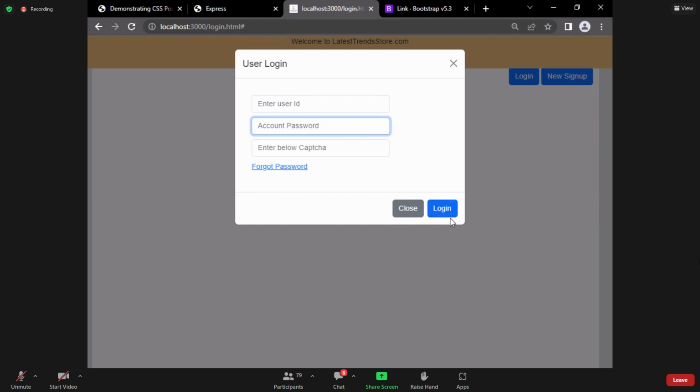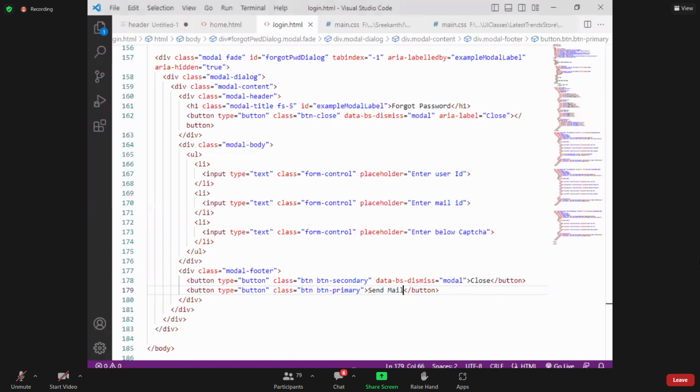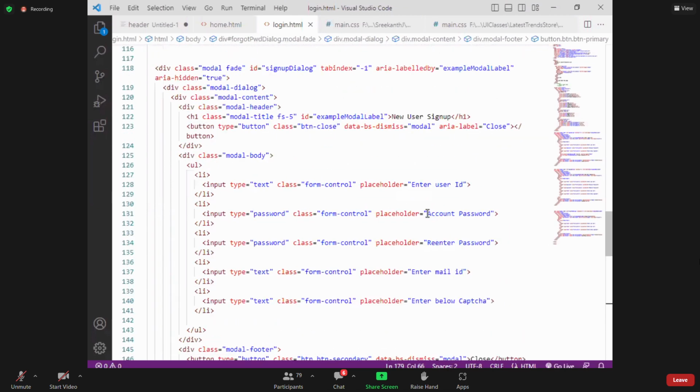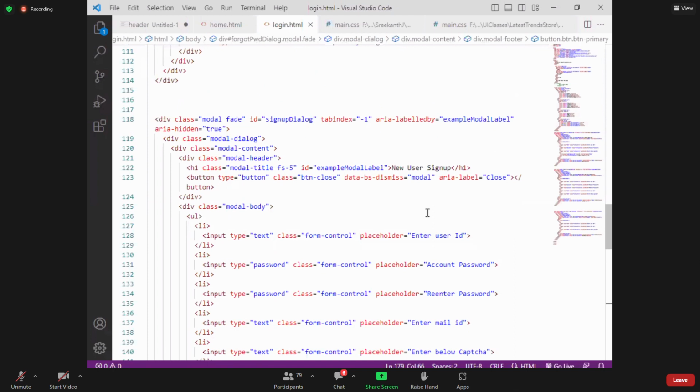The reason the server is going to validate this is because the server is the only one who can compare this data with the database content, isn't it? It can compare with the database and revert back saying whether it is valid data or invalid data. Are we clear? Okay. Now, in order to do this, once the user clicks on this login,